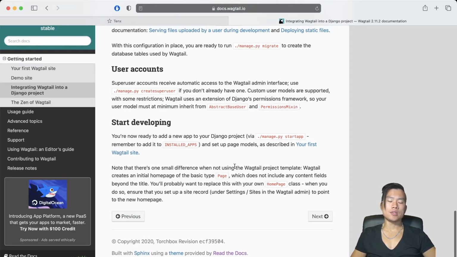Also at the end of the tutorial, there's a little warning that if we are not using Wagtail project template, Wagtail creates an initial homepage of the basic type page, which does not include any content field beyond title, and I would want to replace it with my homepage class, and I have to set up a site record under the Wagtail admin to point to my custom homepage. Alright, let's see what's next.